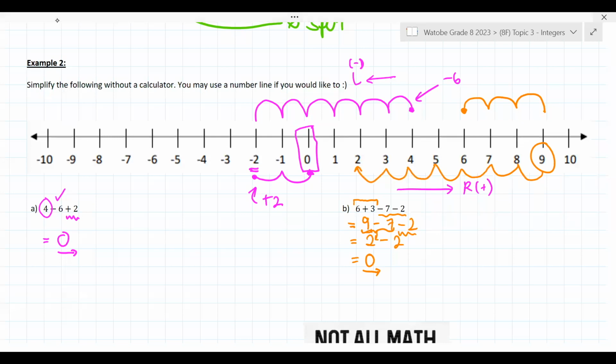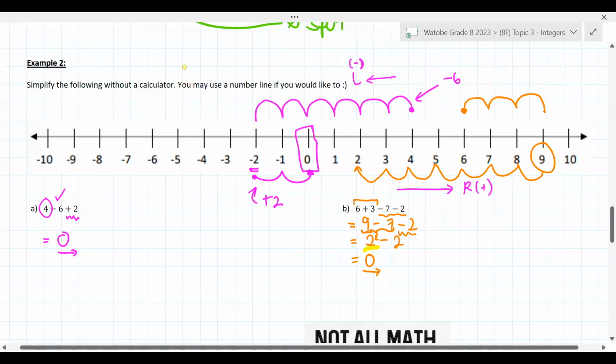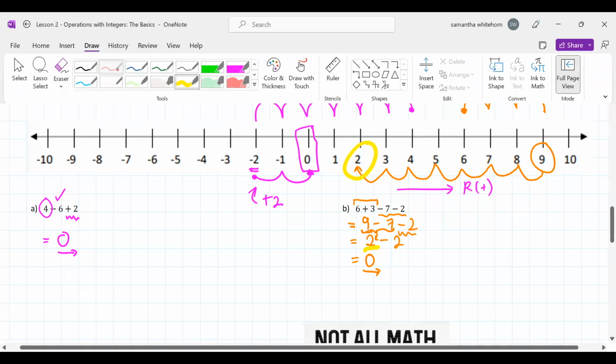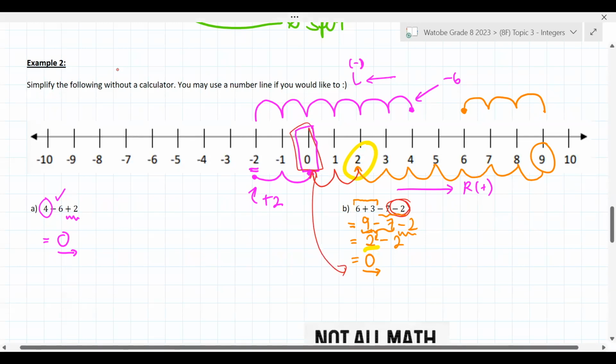That takes us now to the 2 that Mavoyo said. So there's the 2 on my number line. And the final thing that I need to do is subtract my last 2. So I keep moving down my number line, 1, 2, and I still get exactly the same answer